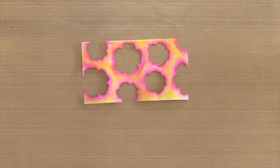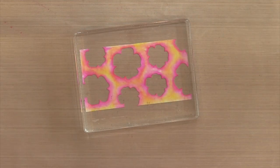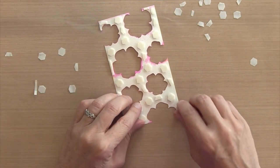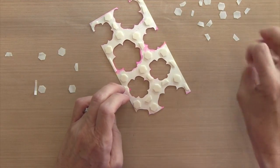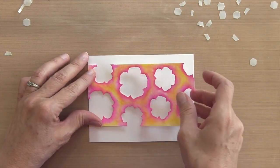It's still a tiny bit damp, so I'm going to go ahead and put my acrylic block on here and let it sit for maybe like 3 minutes or so. I wanted this panel to pop up on my card, so I flipped it over and put a bunch of Stampin' Up! Dimensionals, and I cut several of the pieces to be smaller so they would fit in between the flowers. So now I'm just removing all the backing on all of these pieces, and then I'm going to position